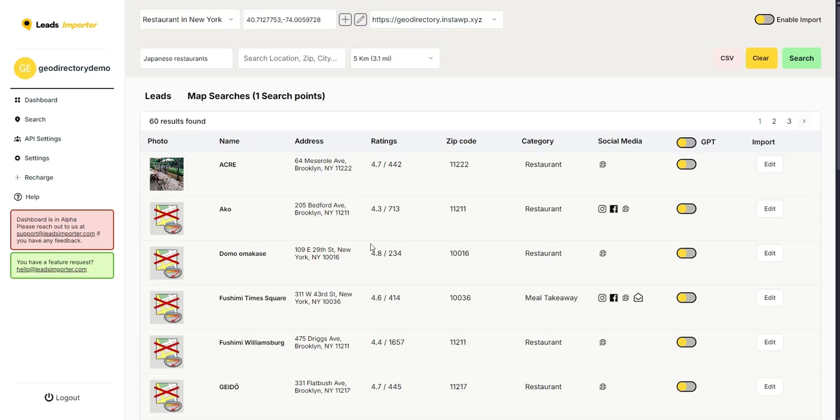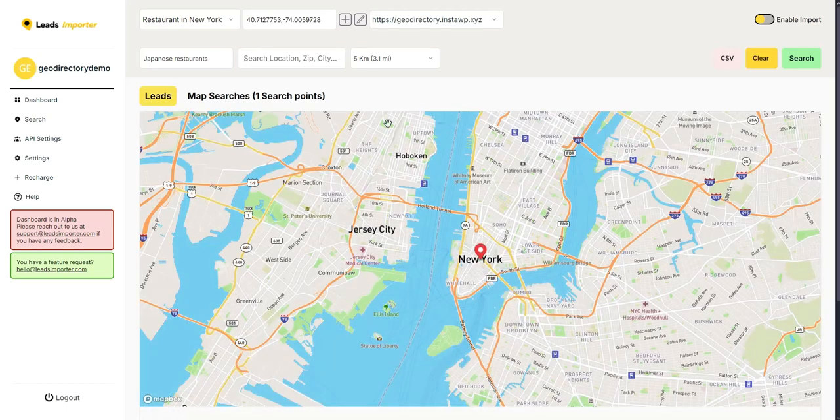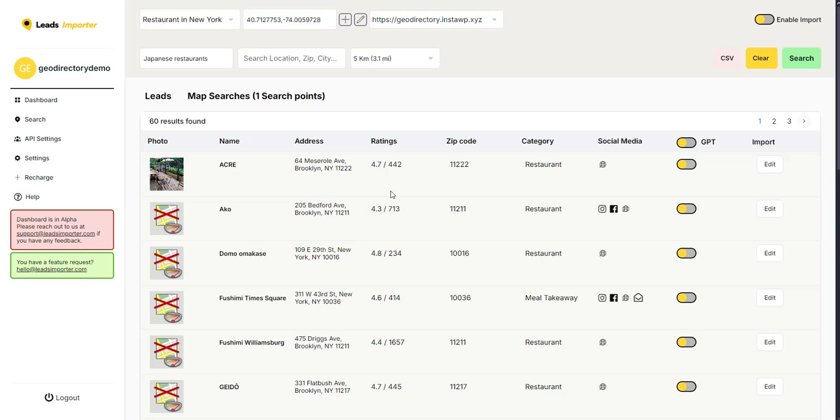Alright, as we can see, the search ended. We have now 63 results, and as we can see now here, it appears one search point. If we click now here, we can see it actually added a pinpoint, which was this initial location. So here we have now two options. You can already start on working on importing some listings into your website, or you can apply a couple more